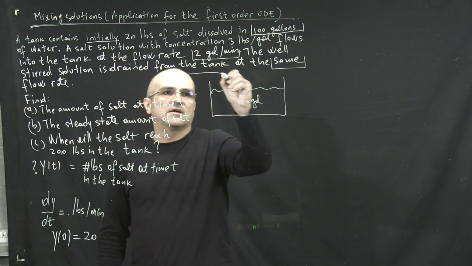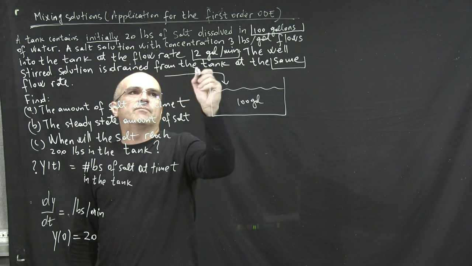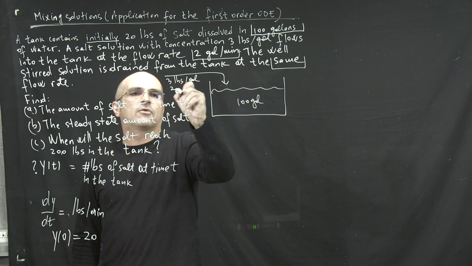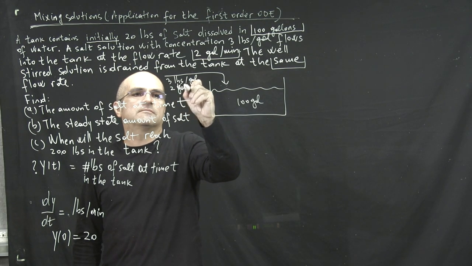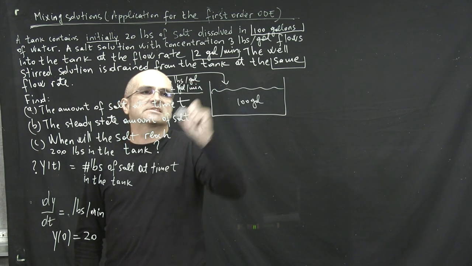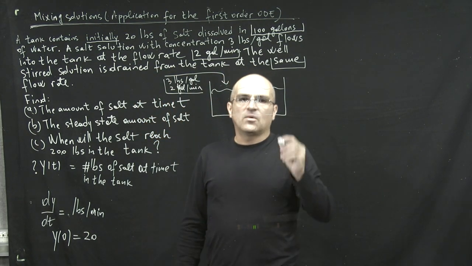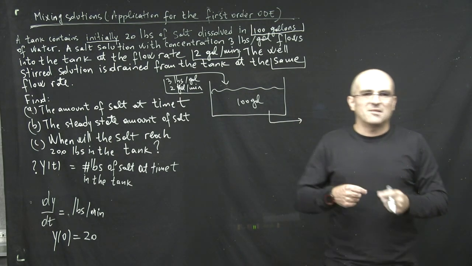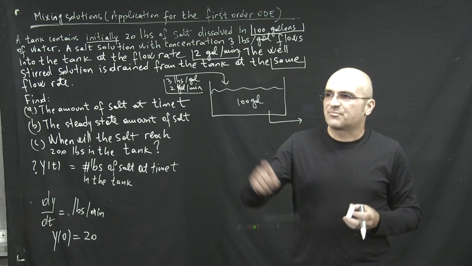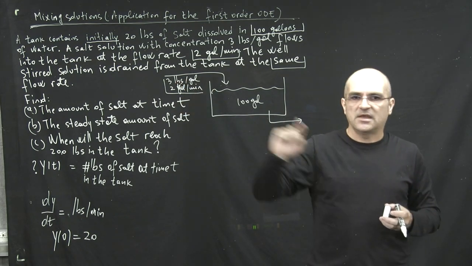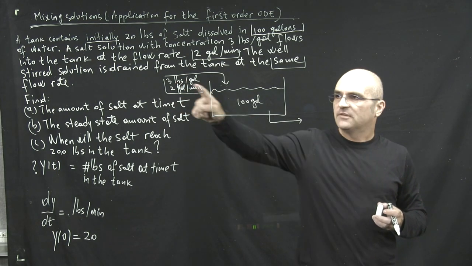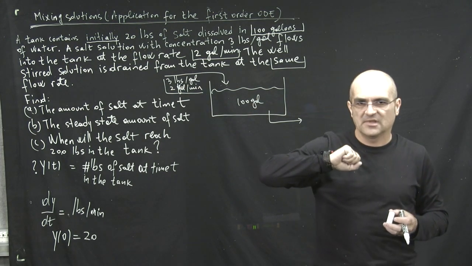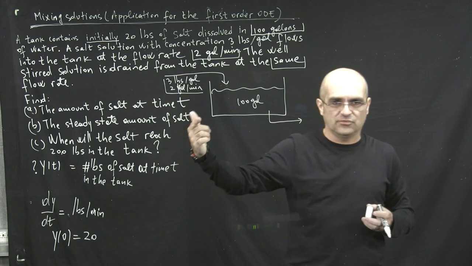What comes in the tank: you have 3 pounds per gallon, the concentration, and the flow rate is 2 gallons per minute. So this is the stuff that comes into the tank, and what comes out of the tank you need to express in the same way. Notice that the amount of salt that comes in is expressed in quantity per gallon and then gallons per minute. So I have 3 pounds in a gallon, but in a minute I have 2 gallons coming in. So basically in a minute I have 3 times 2, which is 6